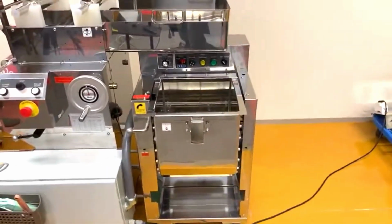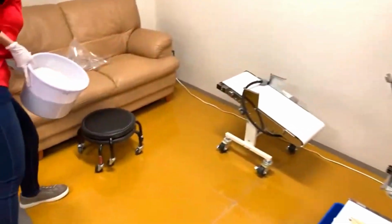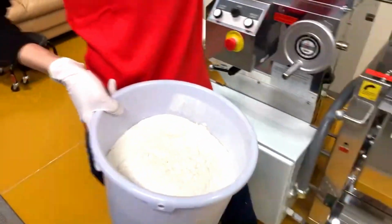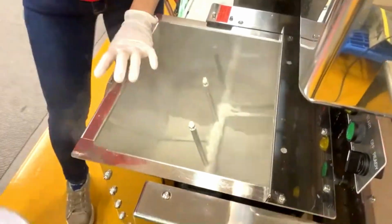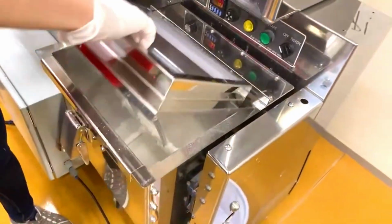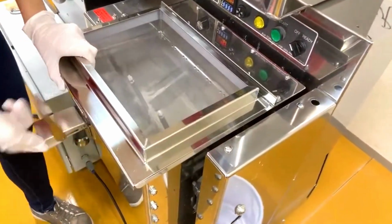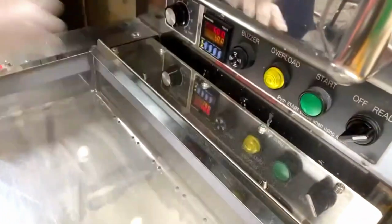Yeah, so this is the Richmond one machine that we have. This machine is CE certified, ready to be making craft noodles in EU countries, and has everything you need to start making noodles. First of all, you have this mixer, and this mixer is a 10 kilogram mixer,